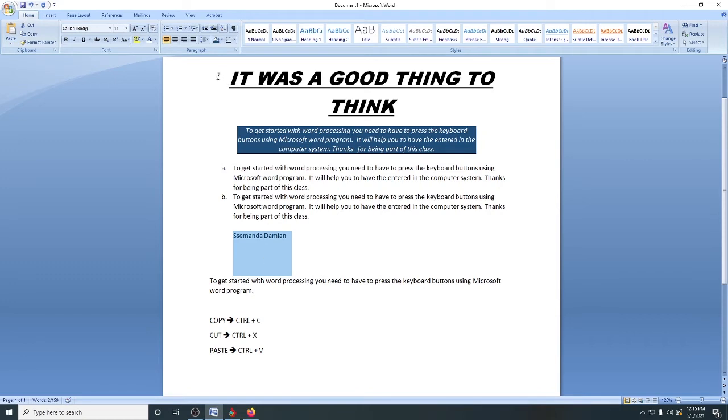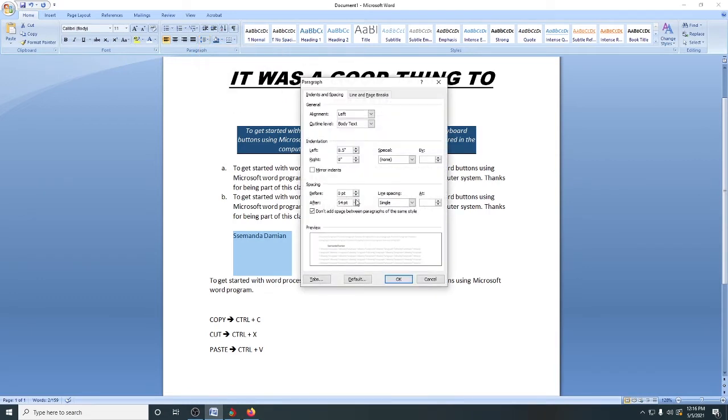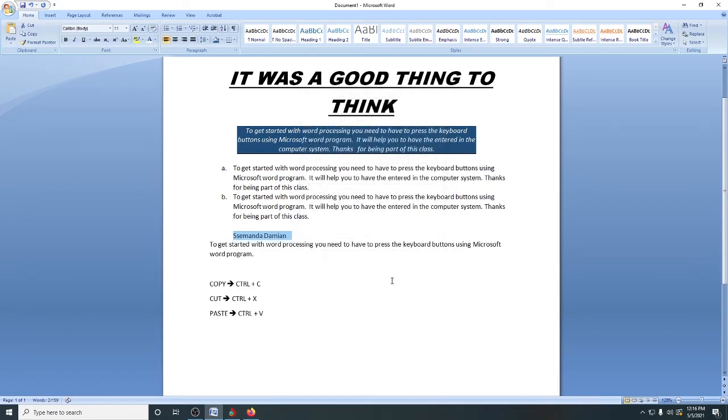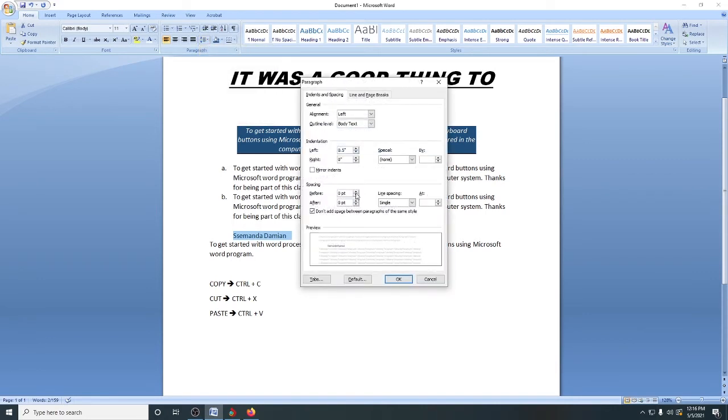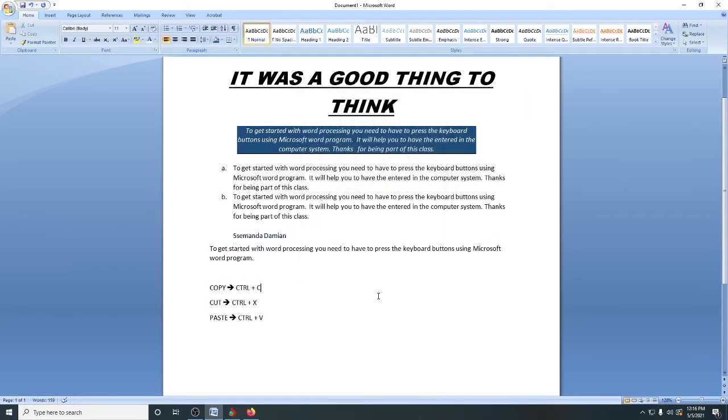Let's reduce this space again. More line spacing options, we reduce it. After, reduce it to 0 and then click OK. So it reduces the space to 0. If not, you can actually put some space there for easy reading. So after, increase it to 6. So now that you have learned how to use all that, let's look at a different option